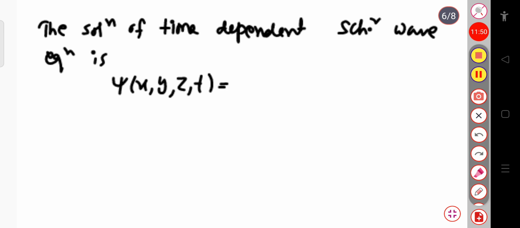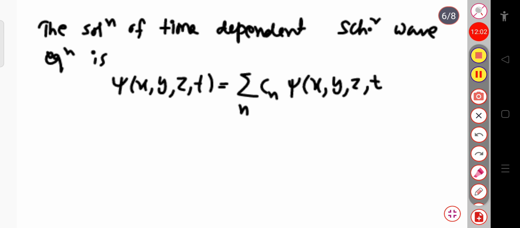That's why psi is the function of xyz as well as t, and that is equal to sum over n cn, that is the coefficient, into psi of x y z t, that is the linear combination of the wave function. In this form we can write this psi of x y z t equal to